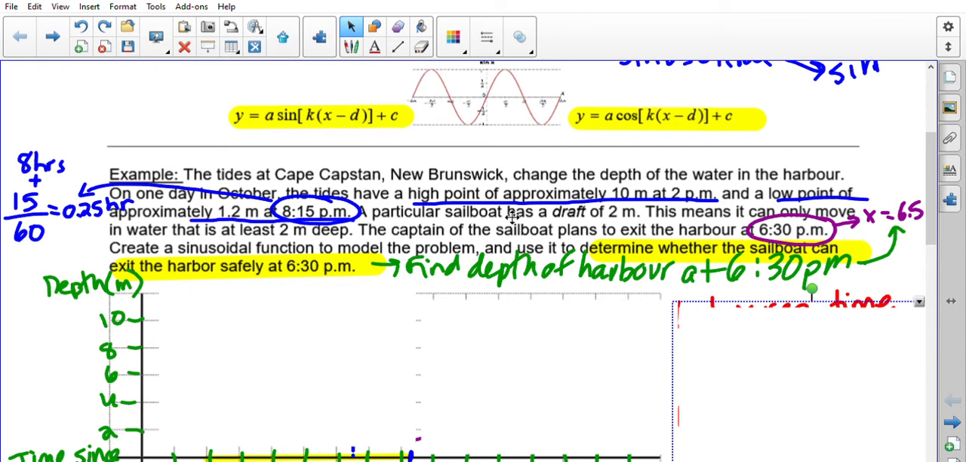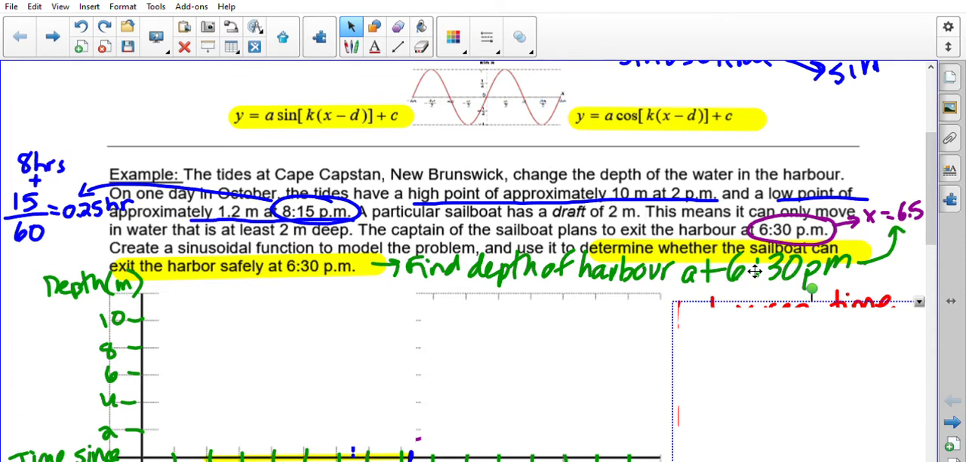A particular sailboat has a draft of 2 meters, so it means it can only move in water that is at least 2 meters deep. The captain plans to exit the harbor at 6:30 p.m. Create a sinusoidal function to model the problem and use it to determine whether the sailboat can exit safely at that time. So we're going to have to come up with an equation in terms of sine or cos that represents this situation. And then once we have that equation, we're going to have to find the depth of the